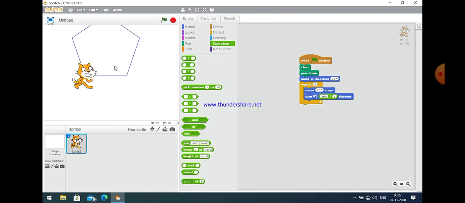Let us see it. And if you take the value repeat 6 and angle 360 by 6, then it will make a hexagon. Let us see it.